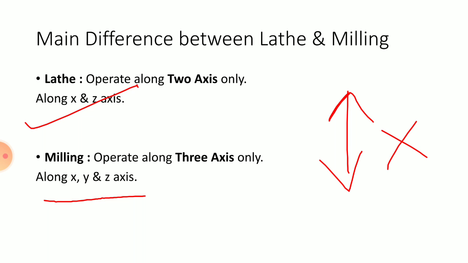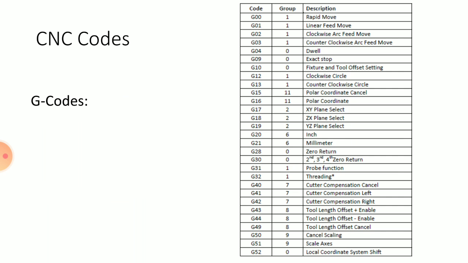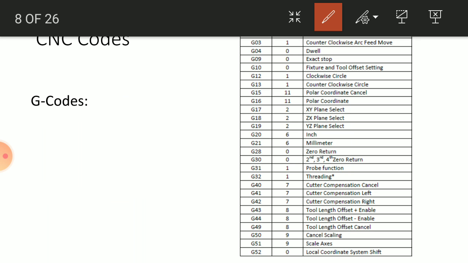But in this unit we are going to study not only the lathe machine and milling machine, we are going to study how we can perform operations on a lathe machine and milling machine using a computer. Now this is the G code and M code through which you have to perform the programming on a computer, and through these computers how we are going to perform various operations on a machine. This is the G code.